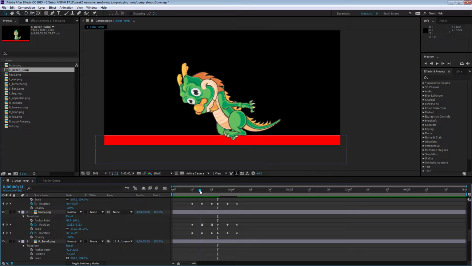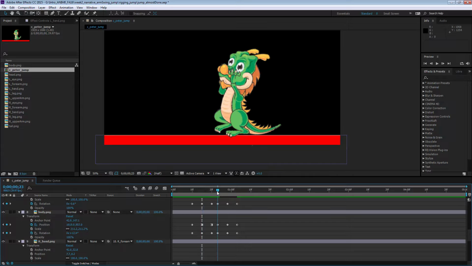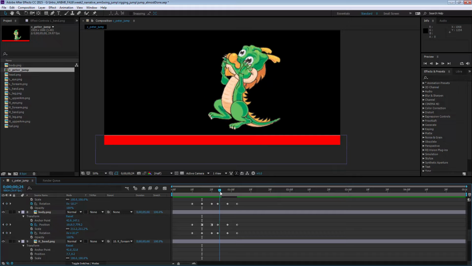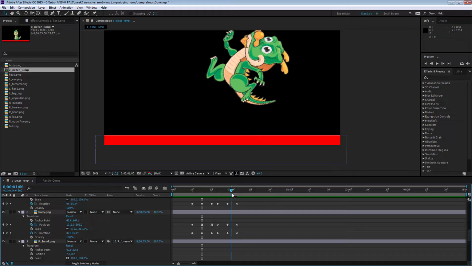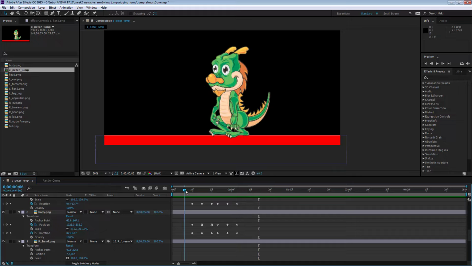So we have our squash, which I rotated the body to make it appear like the character has knees and is bending. I hold it. The next pose is the stretch, then in the air, followed by the landing. The landing, we just have 1 foot on the ground or 2 feet on the ground. That is our next pose. The following pose after that would then be a squash to absorb the energy of gravity and the weight of the character, and following that up with our idle position, our standing position, which I forgot to mention,